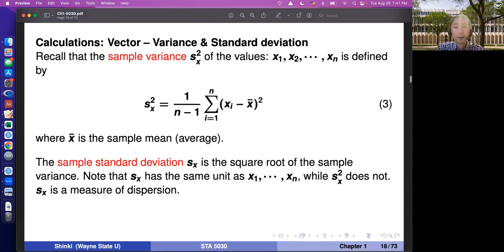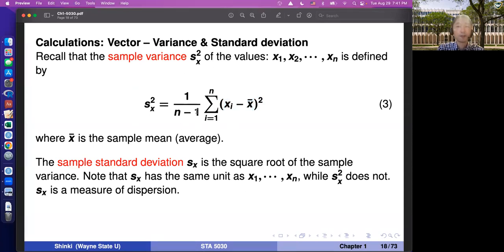Yeah, we take the square. We have some reasons, but we will discuss it later. If we don't take the square, the positive deviations and negative deviations cancel, and this always becomes 0. The highlighted part is called the deviation. So it does not make sense, and that's why we have to take the square of the deviation. So this is a kind of average squared deviation.